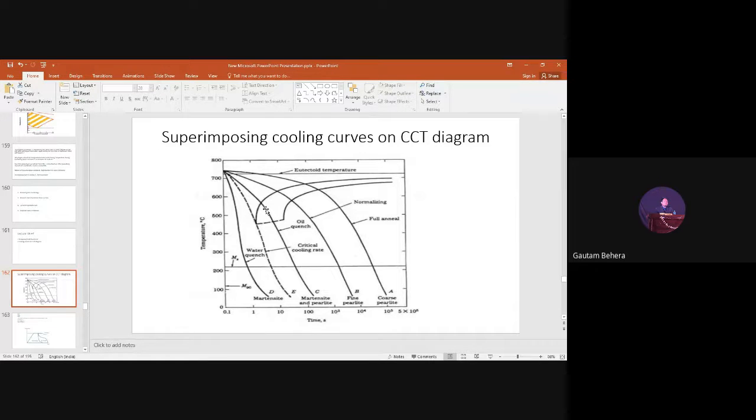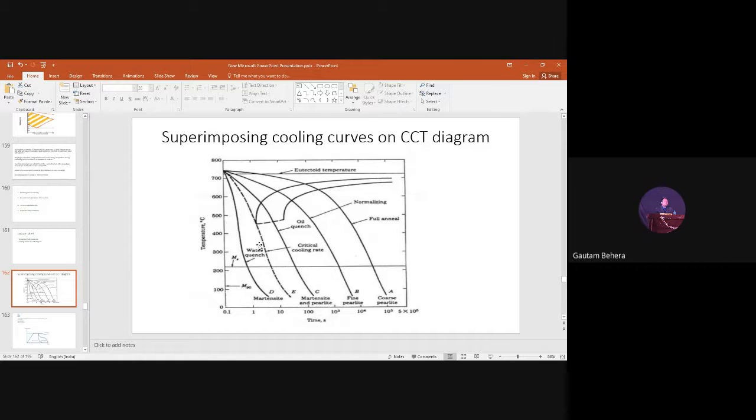This unstable austenite will transform into martensite, and the perlite will remain as perlite. So you will end up with two structures, martensite and perlite, right? Similarly, you have to remember this dotted line. This dotted line is very important for hardening heat treatment, because this dotted line is nothing but your critical cooling rate. Critical cooling rate is that cooling rate if you draw a cooling curve on this CCT diagram or TTT diagram, it will just touch the nose of the C curve.